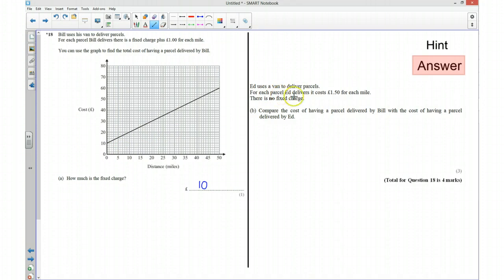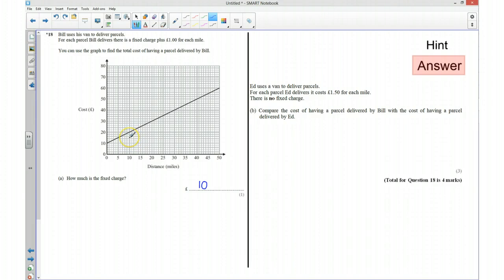Now there's no fixed charge, so this time not travelling at all is not going to cost any money, and it's £1.50 for each mile. Now it's going to be difficult to mark £1.50 for each mile, so what we might want to do is work out what it would be for 10 miles. So for 10 miles it's going to be £15,